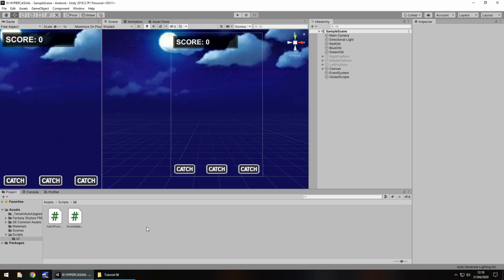Hello there, I'm Jimmy Vegas and this is how to make a hyper-casual game in Unity, and welcome to episode 6. In this tutorial we're going to add some more C# coding to these catch platform buttons so that we can only actually have them on, we can't multiple click, and then we're also going to start using something called instantiate to randomly generate our balls or orbs dropping.